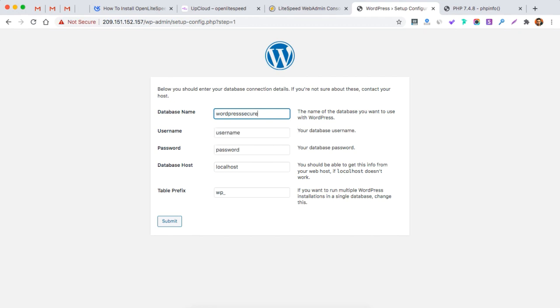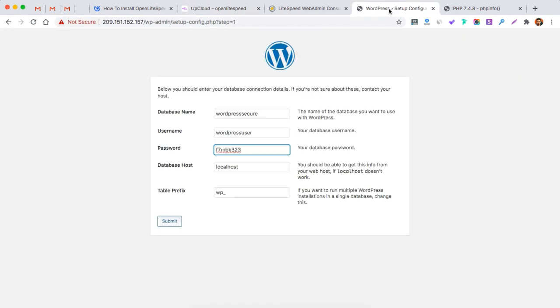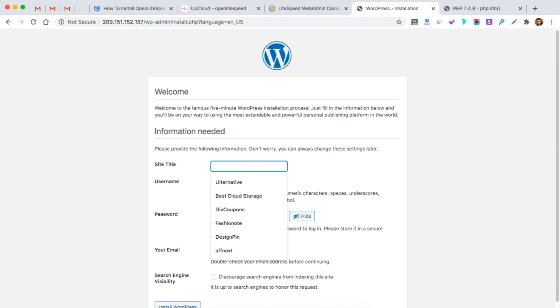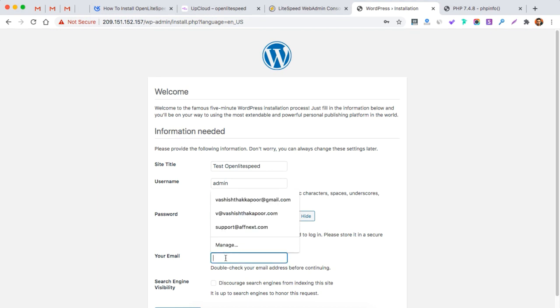So the database name I created in the SQL shell, the same username and the password has to be typed here. Database host would be localhost and prefix would be the same, and voila, I will just click run the installation, choose the title for the site, username, password, email, and once I click go, it will be ready.